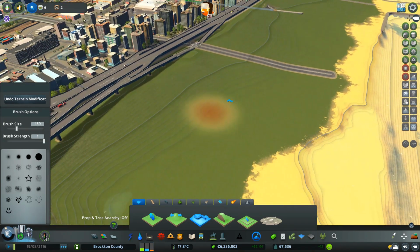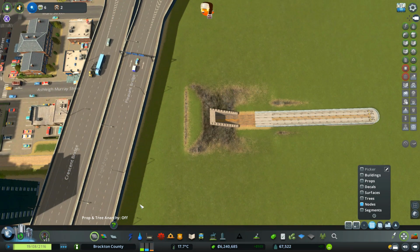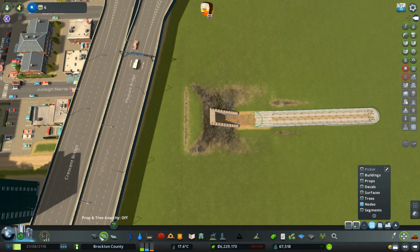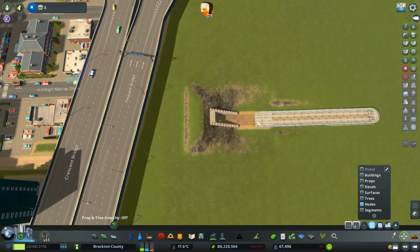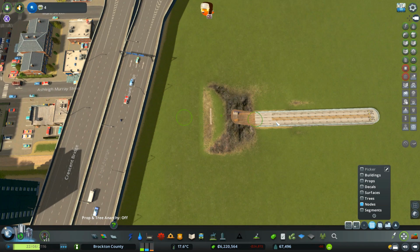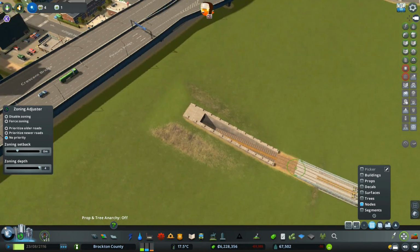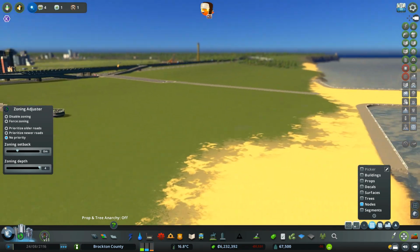But I think we can also look at changing the way this looks as well. So why don't we try and go below ground, so it'll look like a tunnel. Then we'll just grab this. Okay, I'm gonna grab that node, and then let's click ground level. There we go. Oh, darn. Didn't hold shift in time. Okay, move it. Grab that. Oops, did it again. And exit. Back to move it. Hold shift. There we go. I can shift this down a little bit. Actually, I guess not. I guess I really just need to hold this one, right? Yeah, that's much better. And this can curve around, and since we're still on a hill, we can make it